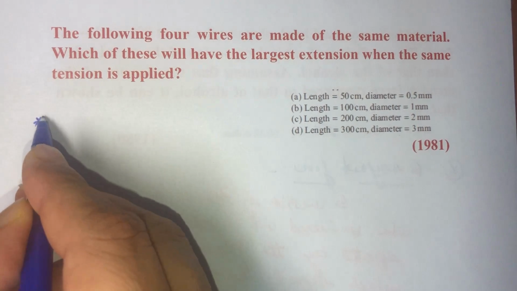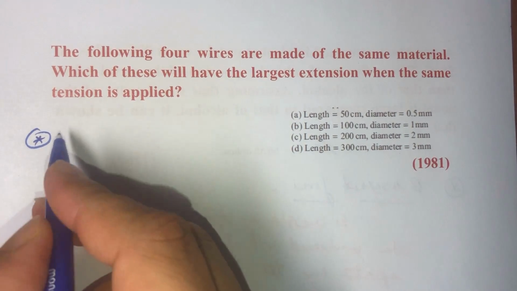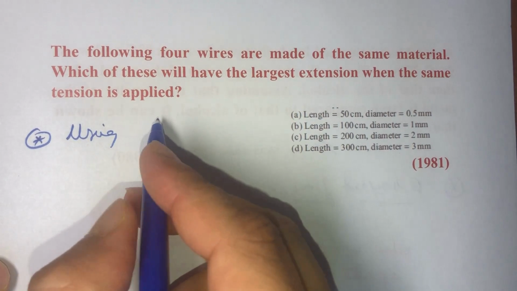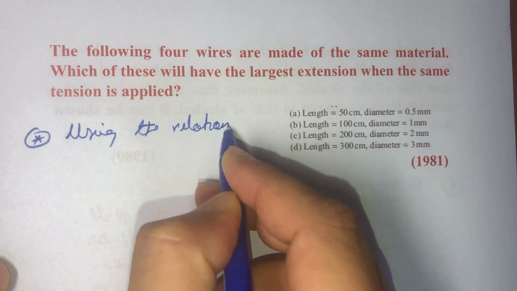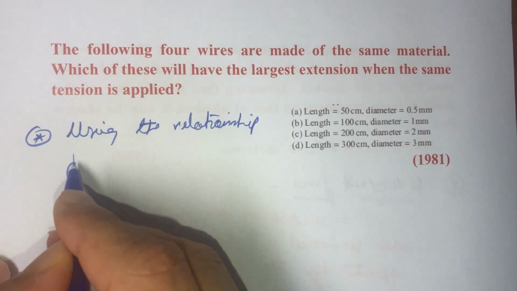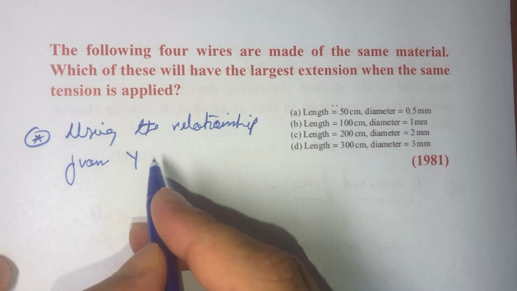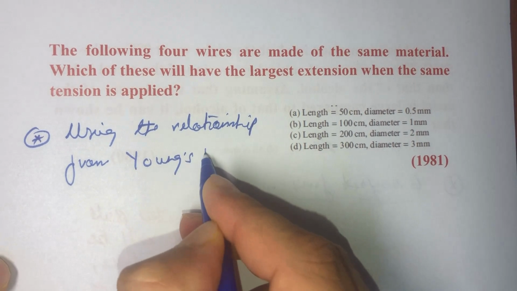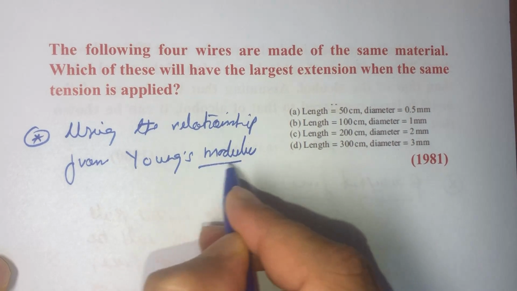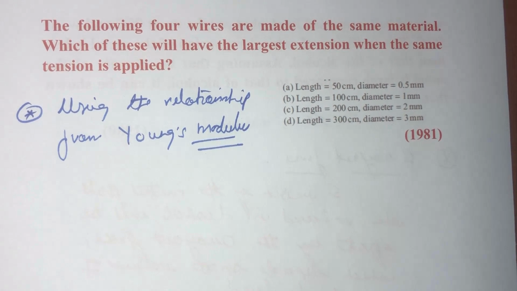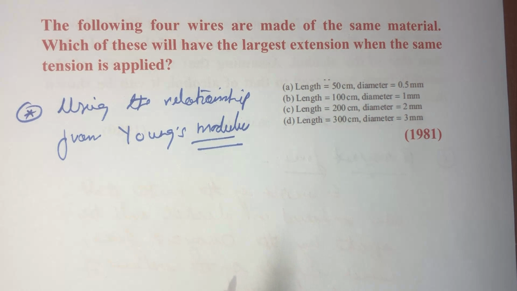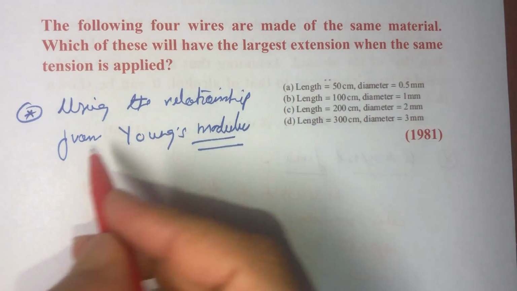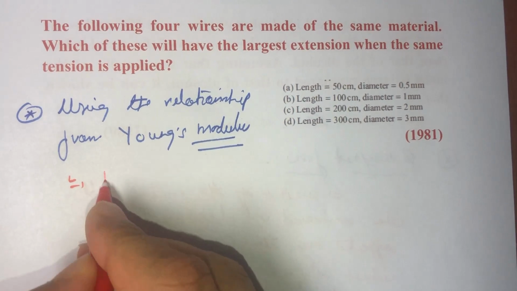Using a relation from Young's modulus, which states that the extension of the wire under the given tension is directly proportional to the length and inversely proportional to the square root of the diameter. Okay. So this states that the extension